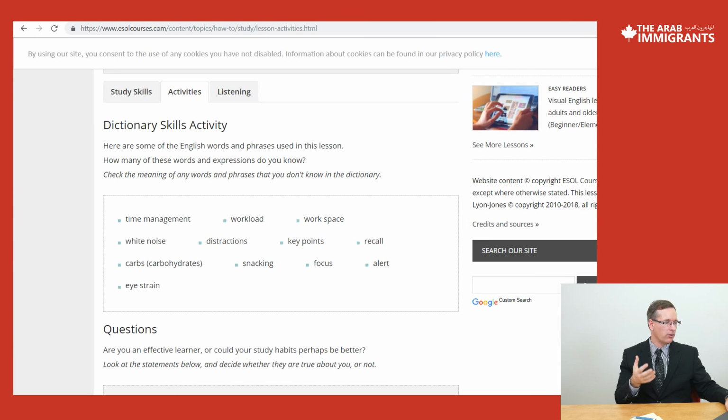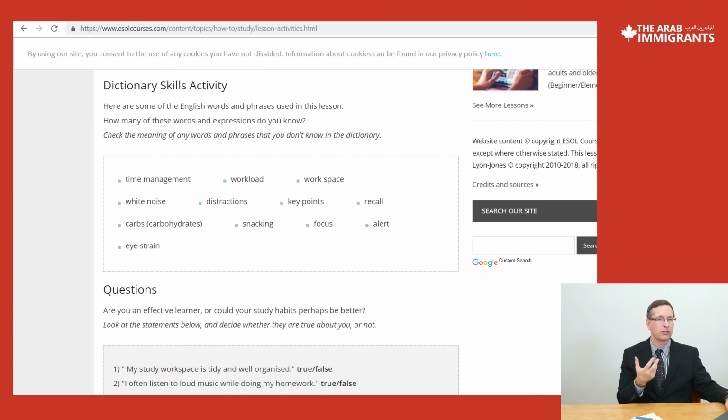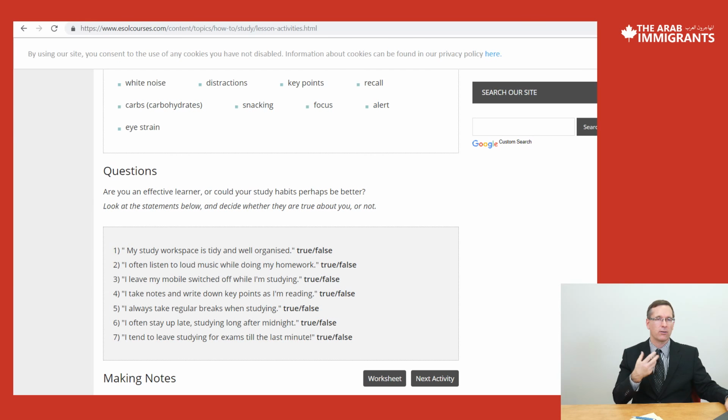So true or false, this is just yourself saying, oh, my study workspace, I often listen to music, I have my mobile switched off, just to get you thinking about this topic. So we would call this like a pre-listening or a pre-sample. When I move further down, it talks about next activity. So there's 2 little boxes under question 7, worksheet and next activity. So I click on next activity,